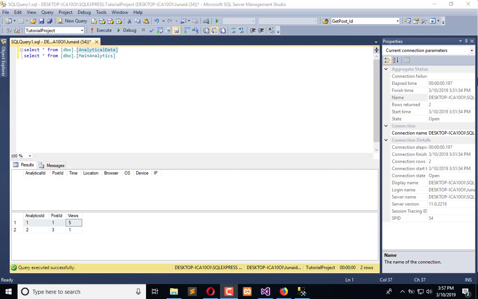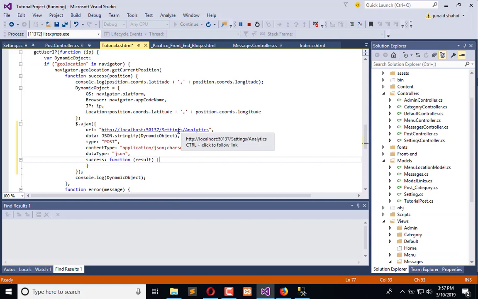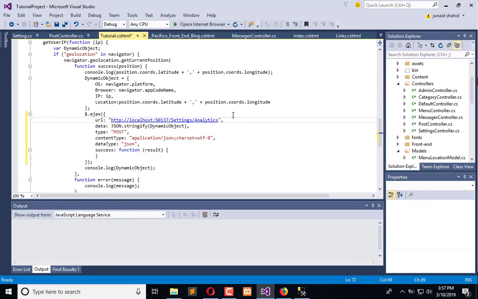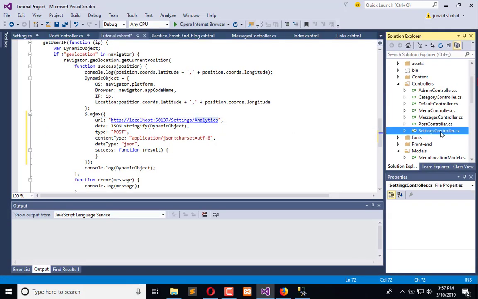In the previous tutorial, we have created the AJAX call for analytical purpose. Now we need to create the action. This is the controller and this is the action which we need to create. Stop the application, copy the action name, go to the controller,